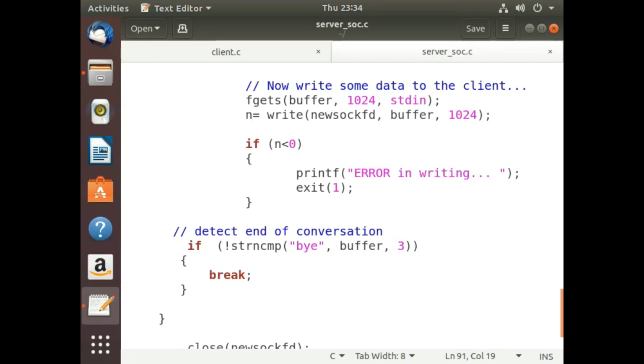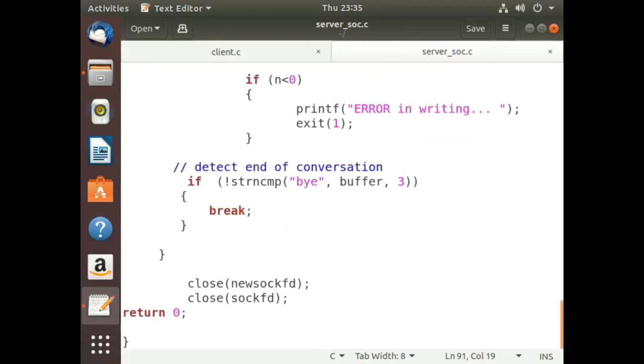So this reading and writing will continuously go on until the buffer stores a BYE. As a terminating condition for this TCP connection, I have used this mechanism. You can use any other mechanism. If any message is sent from the server or from the client whose first three characters match with this BYE, in that case we are going to break out from the infinite while loop.